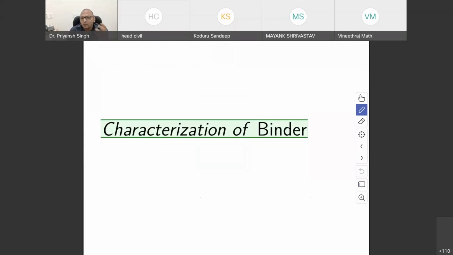Now, one more thing to which binder is vulnerable, that is about time, or you can say rate of loading. So what happens if the rate of loading or the time for which you have loaded the binder is more, then the same load can cause more damage or more strain in the binder. So these are all the variable conditions which we are going to come across throughout your binder service life. So that's why these are the conditions in which we will try to characterize our binder.